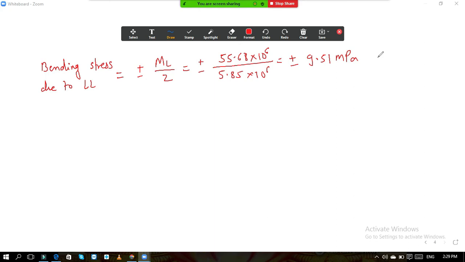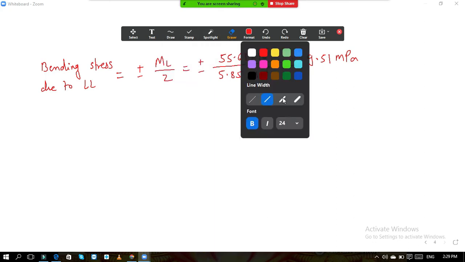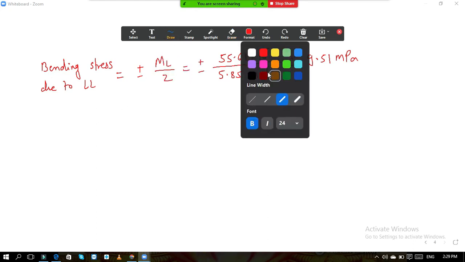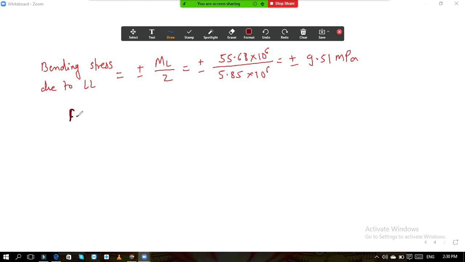Now see what they have told us. The condition given is find P. I will write here for your understanding. Whatever I am writing, if you think it is important, then copy it down, otherwise it is not part of the problem. I am just explaining what is given in the problem. Here what they have mentioned: find P. Now we need to find out this pre-stressing force.